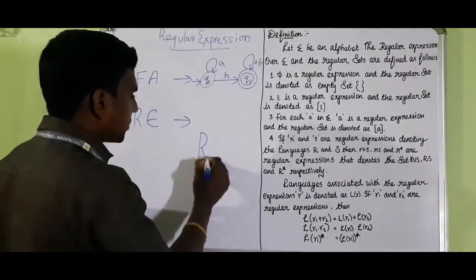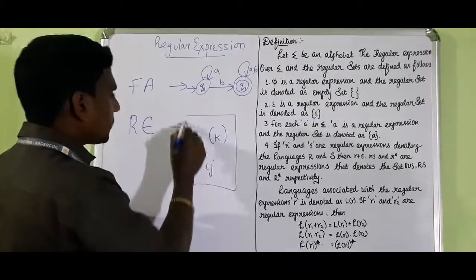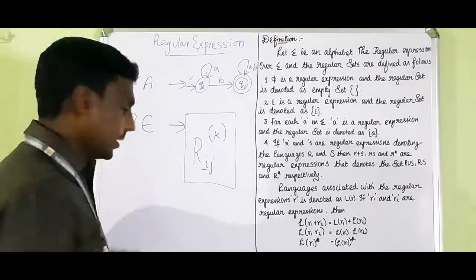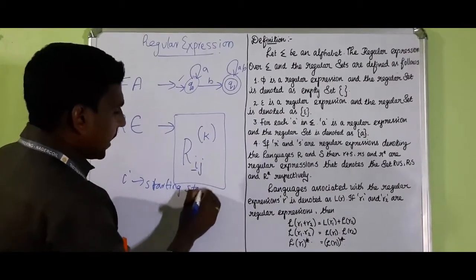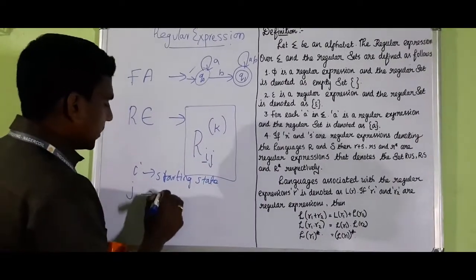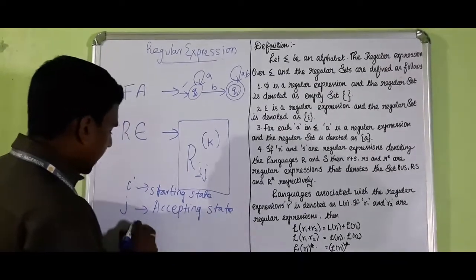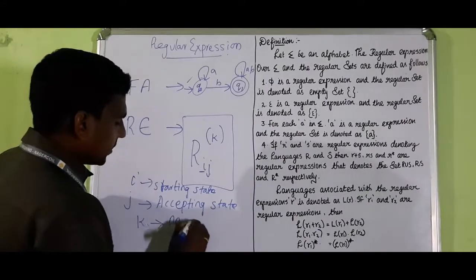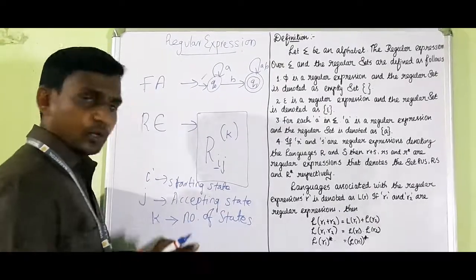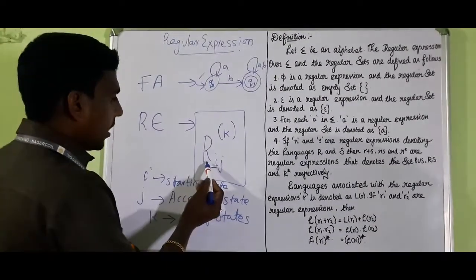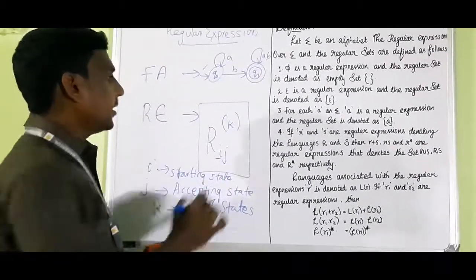The general form of regular expression is R i j power k. This is very important: R i j power k. Here, i represents the starting state, and j represents the accepting state, and k represents the number of states, and R is a regular expression. I will tell you how we represent it. R is a regular expression, i represents the starting state, j represents the accepting state, and k represents the number of